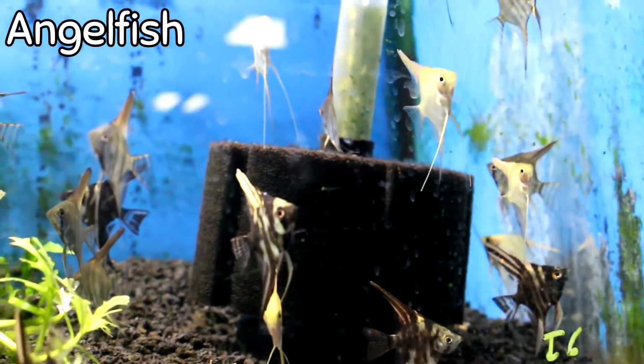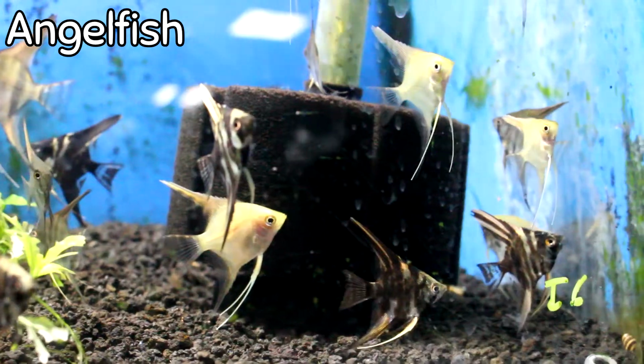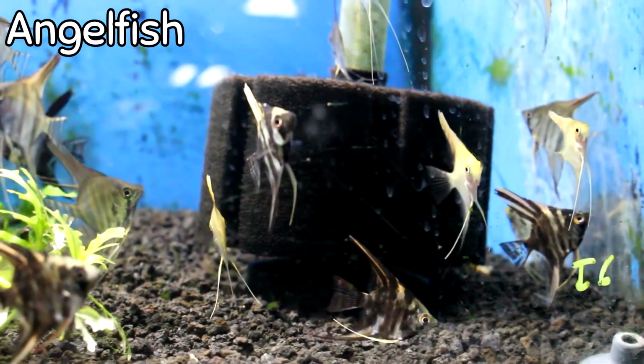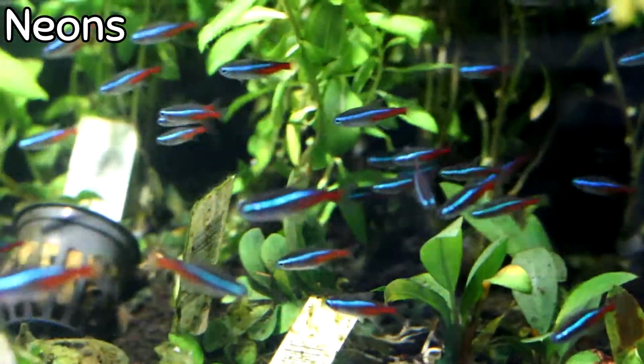So if you're wanting to introduce some angels to your tank, in a communal type environment, this is a good size to do that, and I have a great variety. Okay, so if you're in the market for neons, we've started keeping these in our planted tanks,